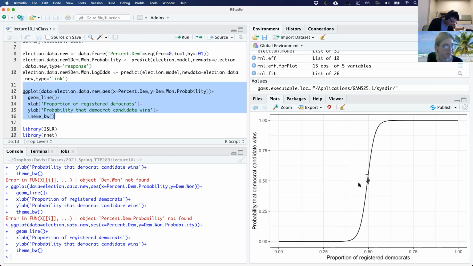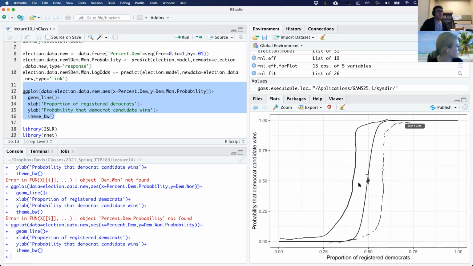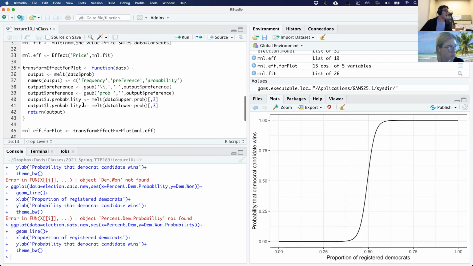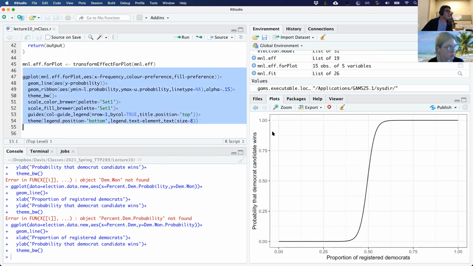It usually will look something like this, as like a lower bound and upper bound type of thing. And that's not actually in this one. And that's part of also why I like the effects package, is that it can explicitly draw in those bounds.